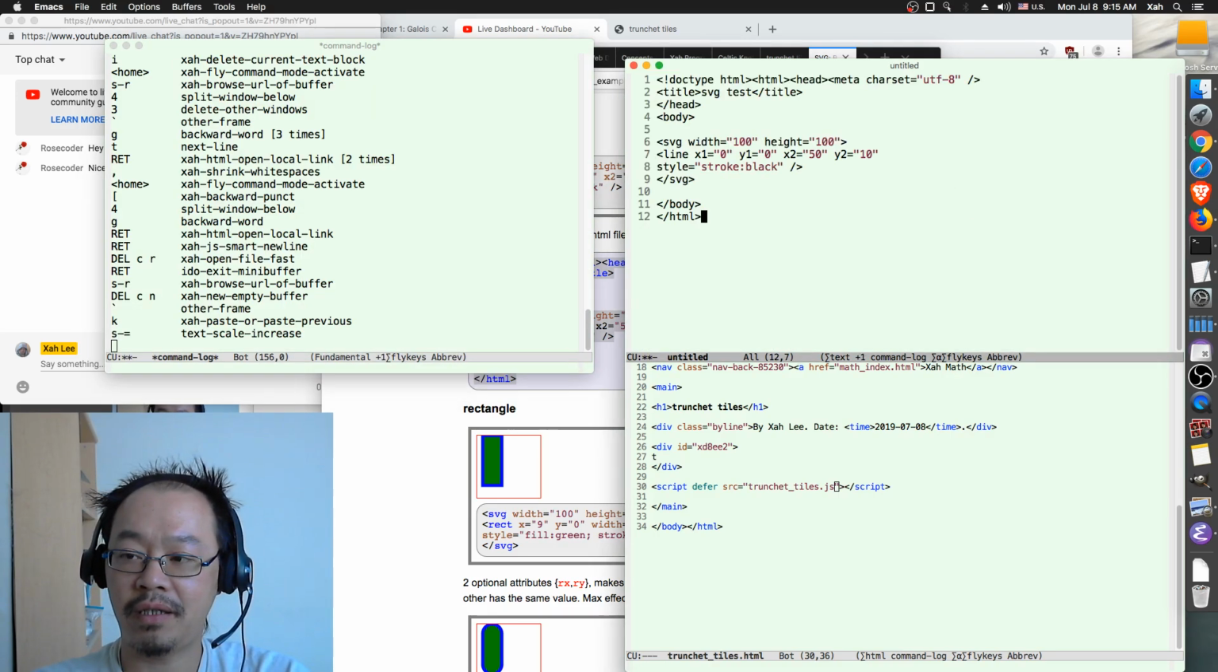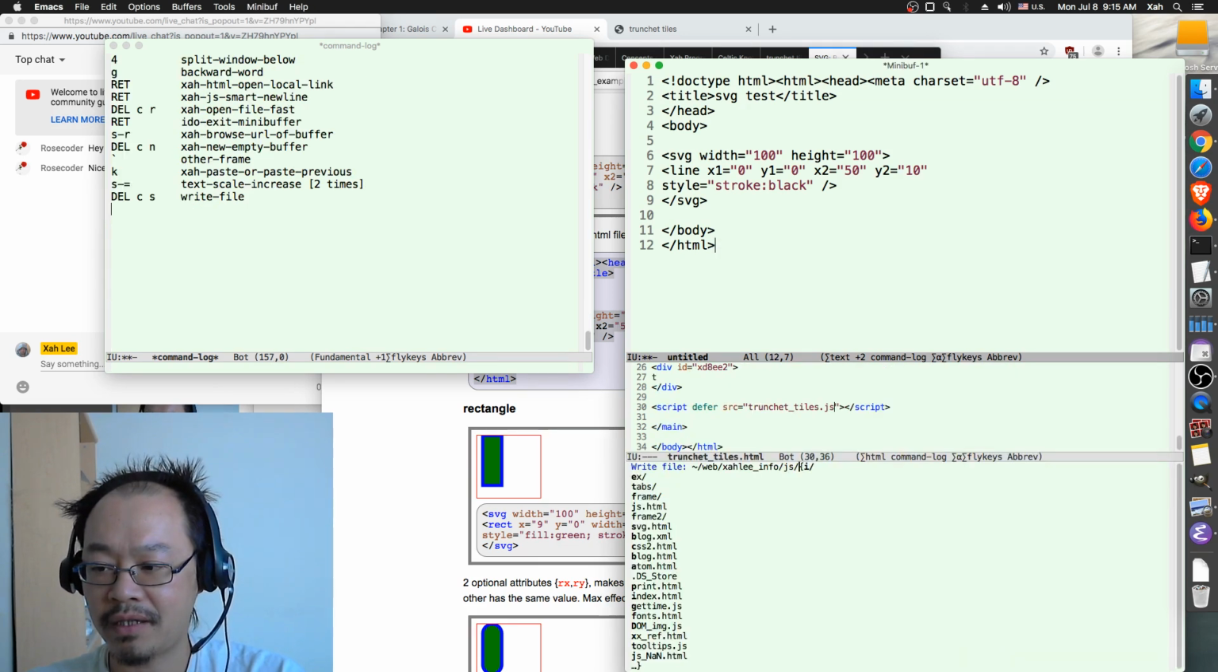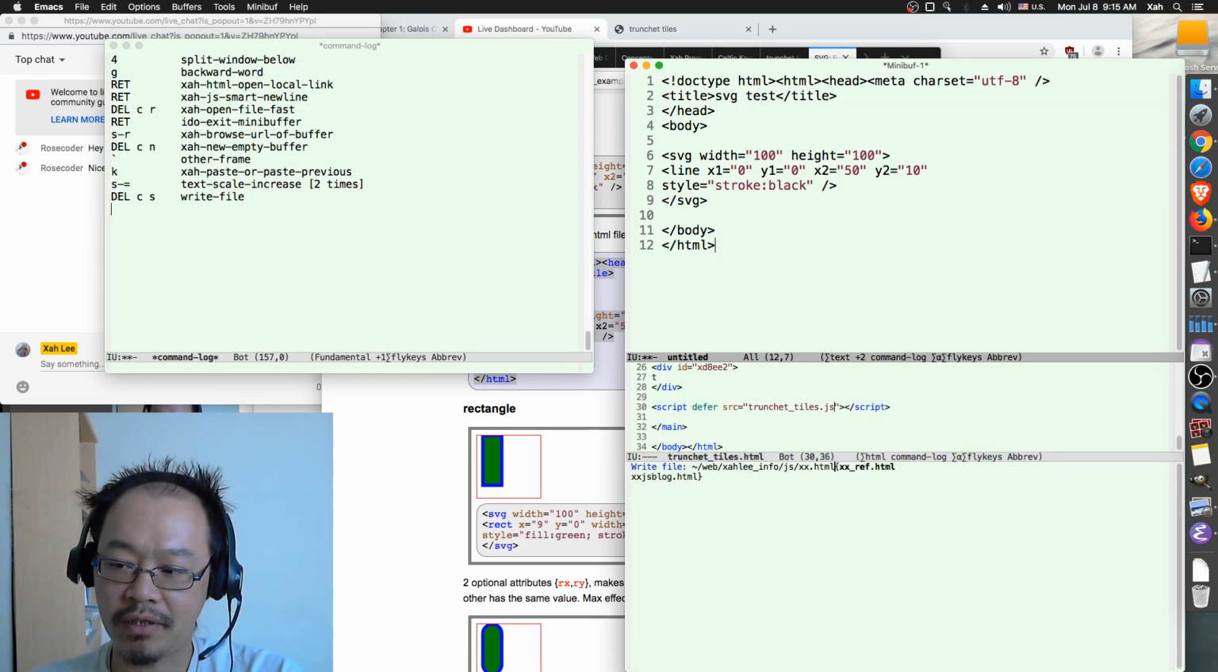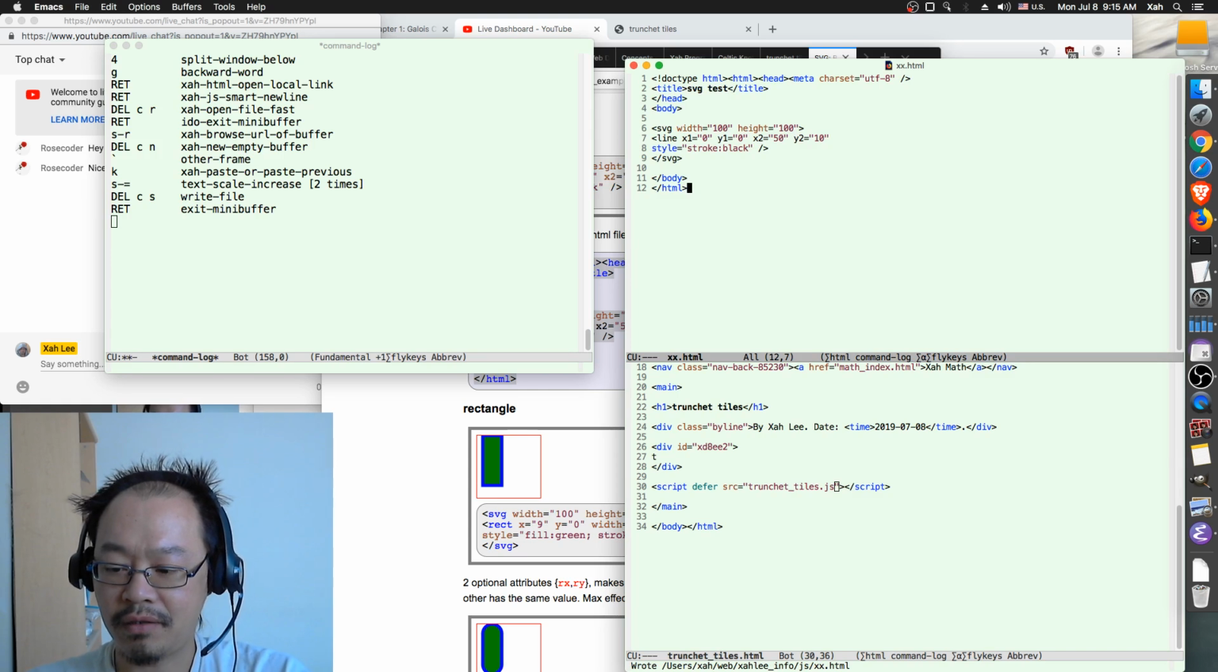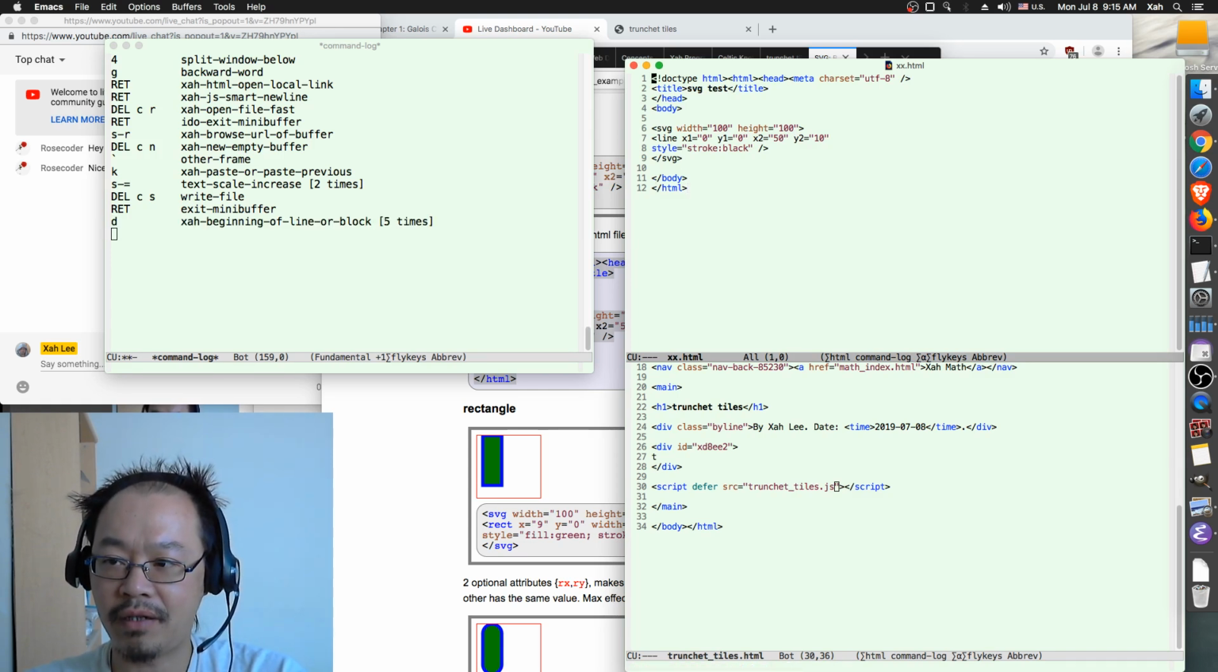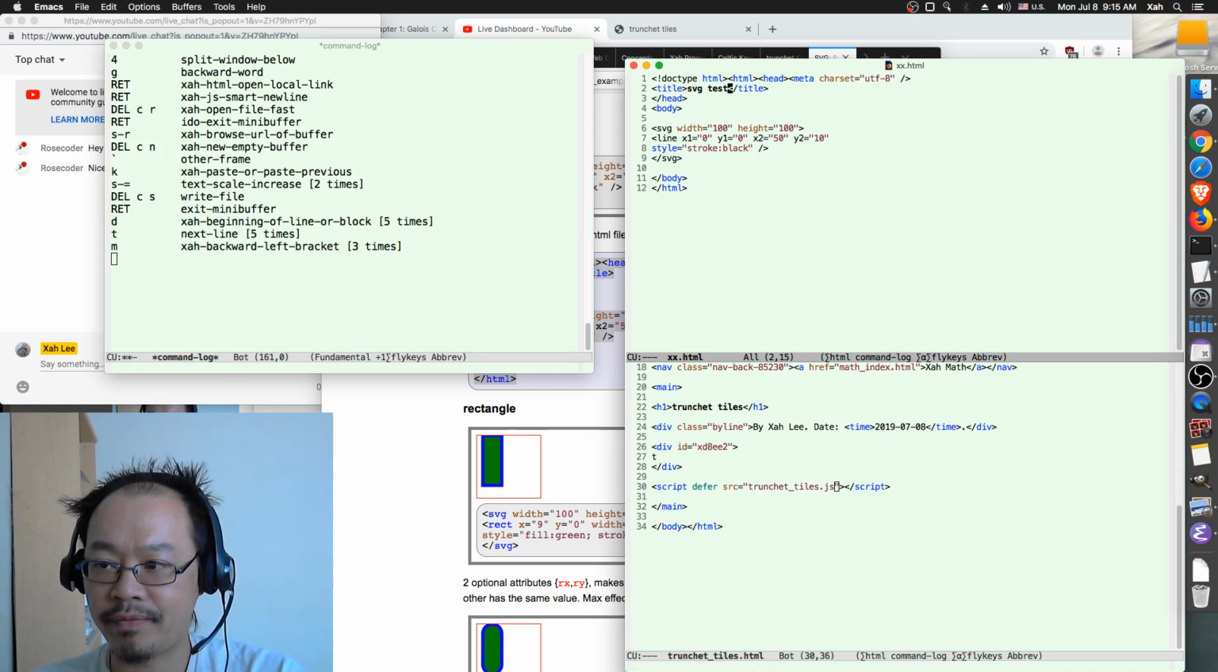Paste this content in, save it. Let's say xx.html, just a random name. Now you can see this is the HTML file. All I have